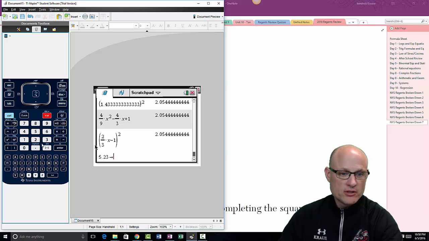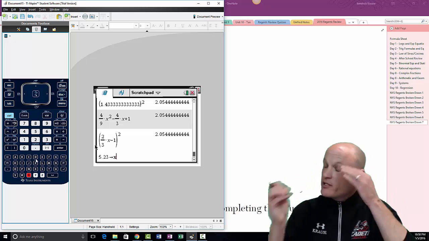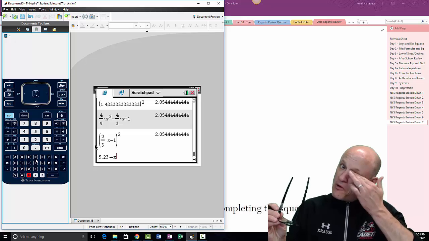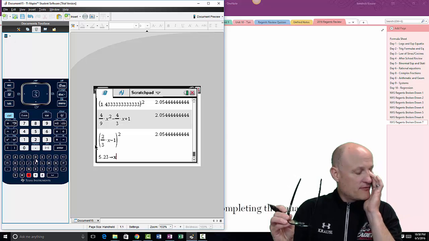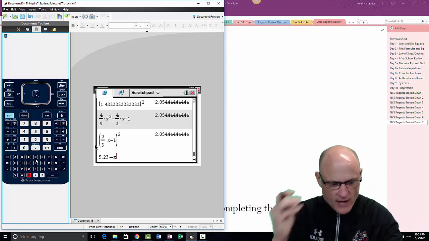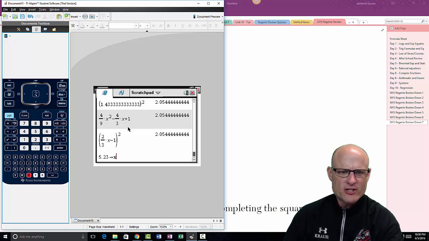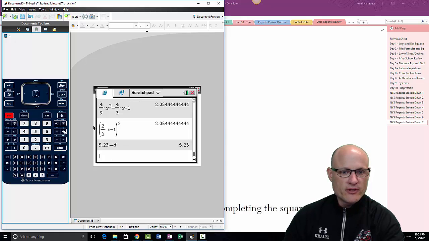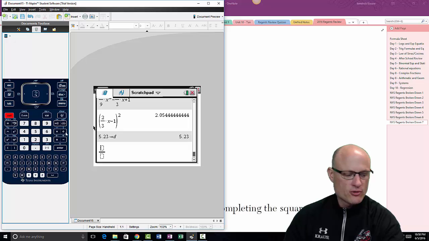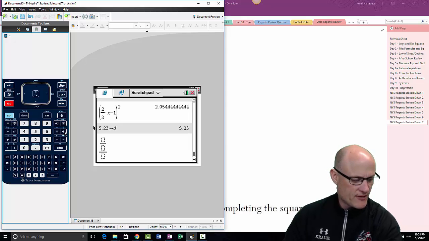5.23 stored. The reason I pick weird numbers is that way you have like zero chance of finding one where the fraction's undefined. If you pick like 2 or 3 or 4, oftentimes those will make the fractions undefined. So I just pick random numbers. No, I should have stored it in for d, right? Doesn't matter. And then I do control division, and then control division, and it was 1/2 minus 4 over d,